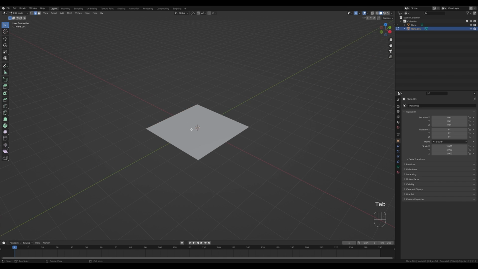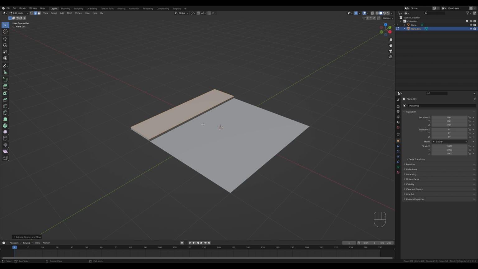And now Tab in, press A to select all and E then X to extrude this on the X-axis like this. We'll create a little curb or something here and press A and extrude it up so it's a little bit higher than the road. And now we can separate more geometry, so let's press 3 for face select, select this